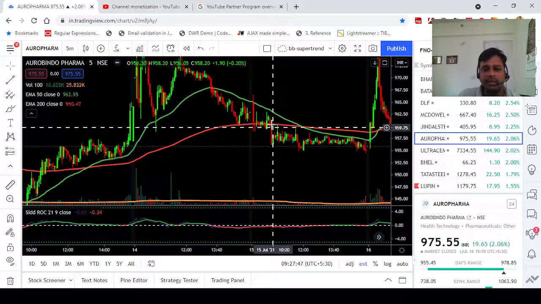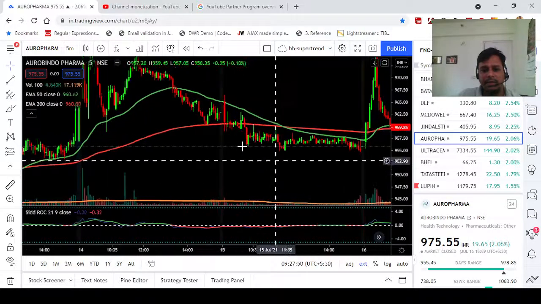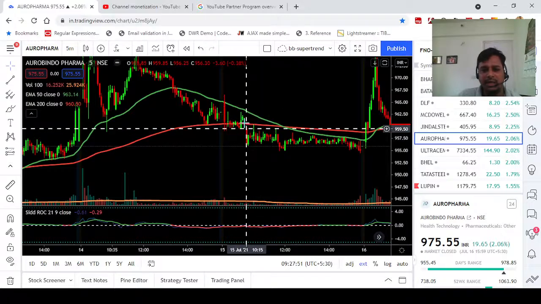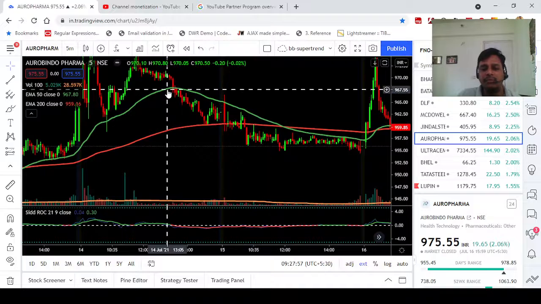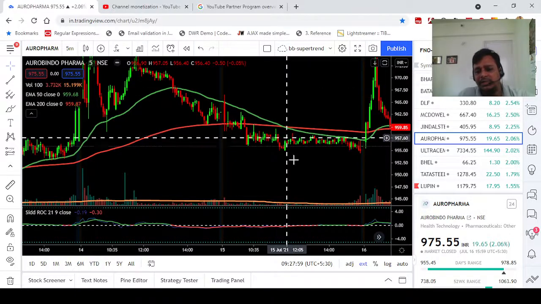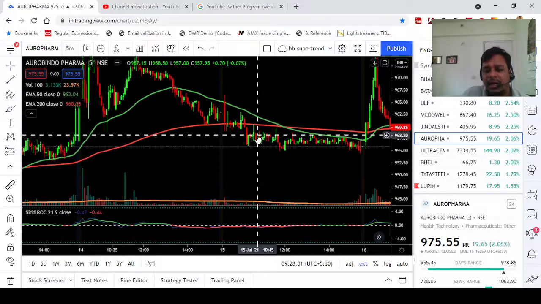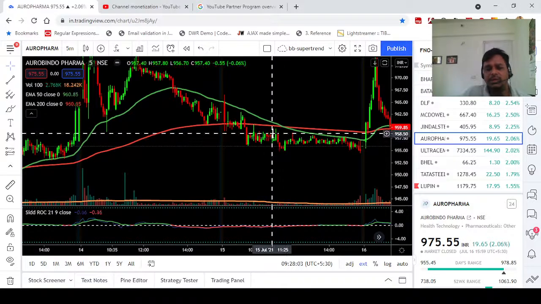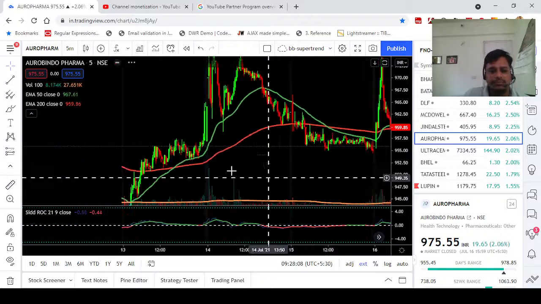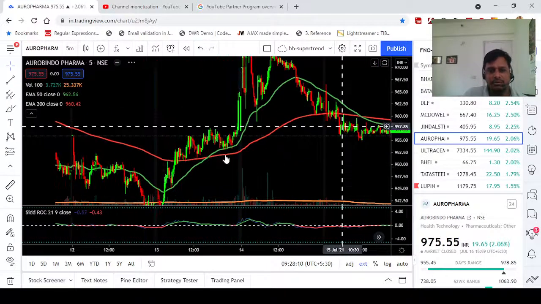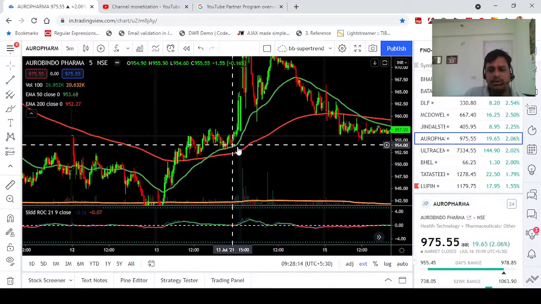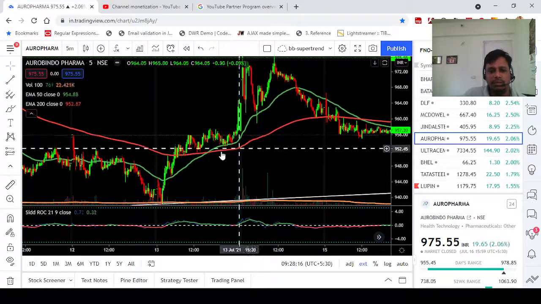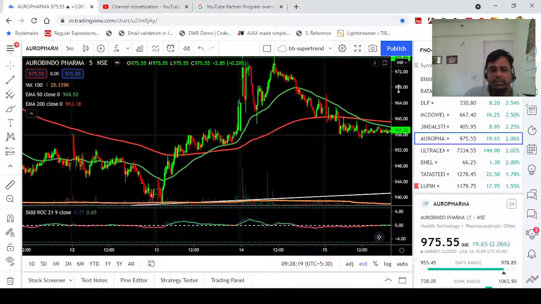Again you see here that crisscross are happening, but the curvature is down, this is flat. So flat sideways to downside movement is there for a very short time. And when this kind of movement is happening, at that time your target should be 1% and stop loss should be 1%. Here you see in the pullback, this area is your long. You will go for a long, stop loss is again 1%, target is 2 to 3%.